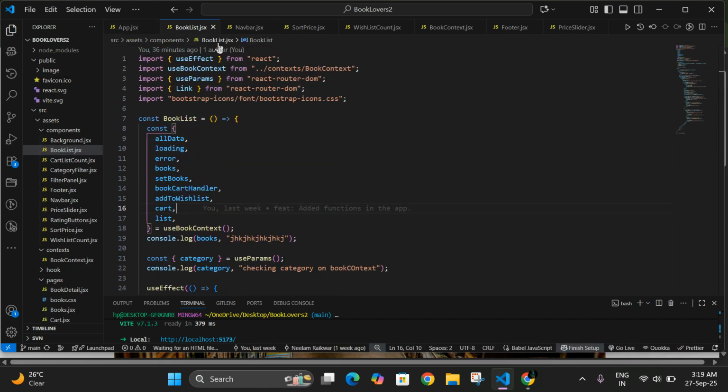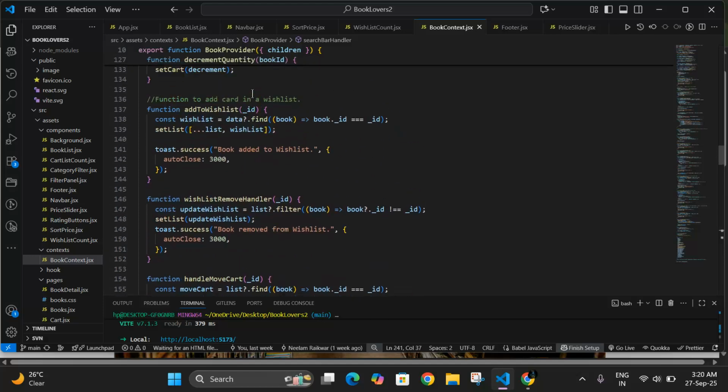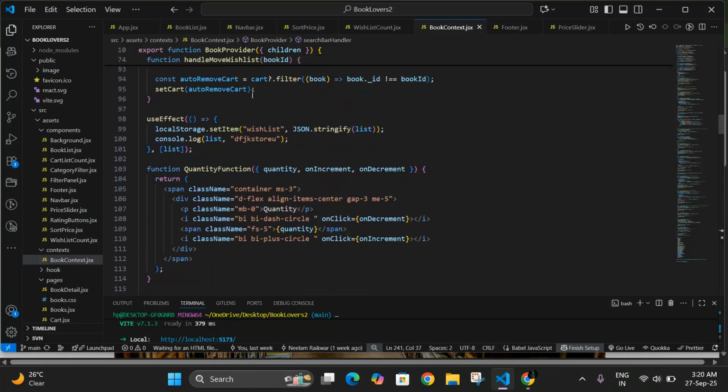This is my book list page, and here is my book context from where I'm managing the state of books.